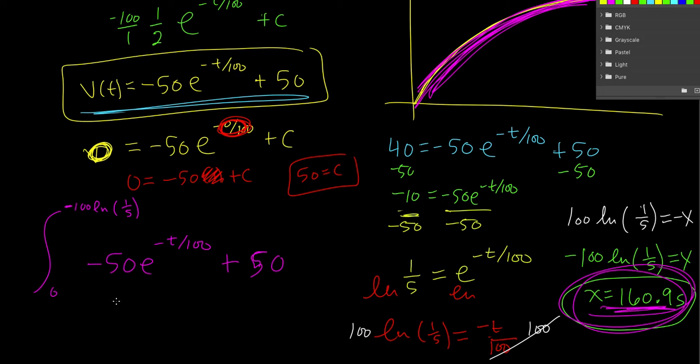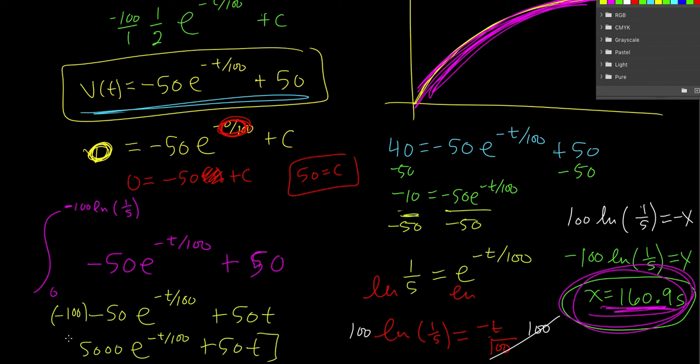Okay, and so when we take the integral of that, we bring down the 50, negative 50. Since e to the x is its own antiderivative, we do that, and then we need to multiply by the reciprocal of the derivative. So we get negative 100 that we times that by, and then this one just becomes 50t with the antiderivative. And so we multiply those together, we get 5,000 positive e to the negative t over 100 plus 50t. We're going to evaluate that from 0 to negative 100 natural log of 1/5. All right,